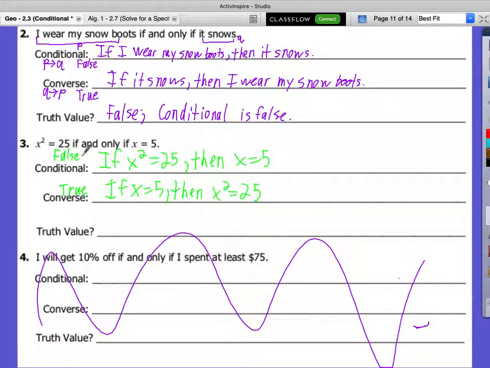So if x is equal to 5, can we substitute it in? Yeah, if x is 3, can we plug 3 in? So if we plug it in for that. Okay, does that make sense? So we're saying if x squared is equal to 25,